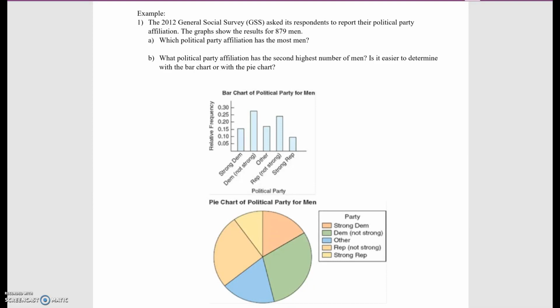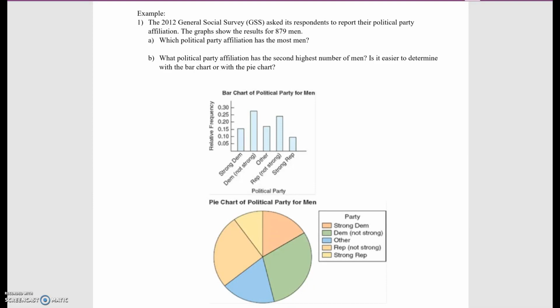Notice that they gave you two different types of charts. They gave you a bar chart and also a pie chart, or a bar plot and a pie chart, whatever. They both tell you exactly the same thing. It's the same graph. You just want to figure out which one has the most men. Well, the one that has the most men is going to be the one with the highest bar for the bar plot, and for the pie chart, it's going to be which one has the most